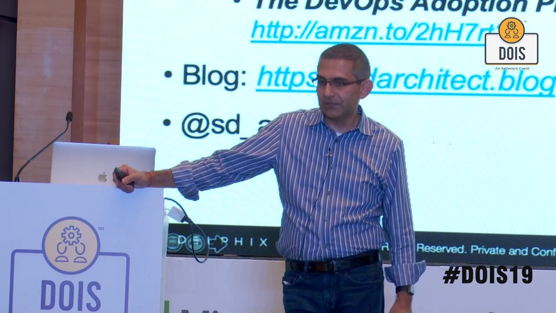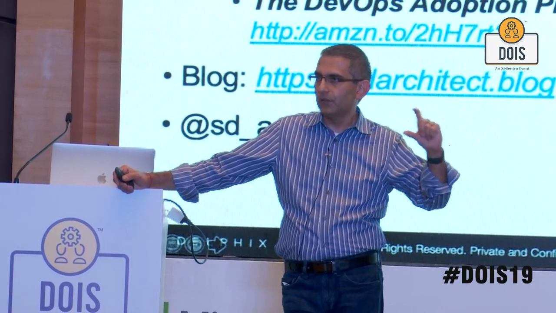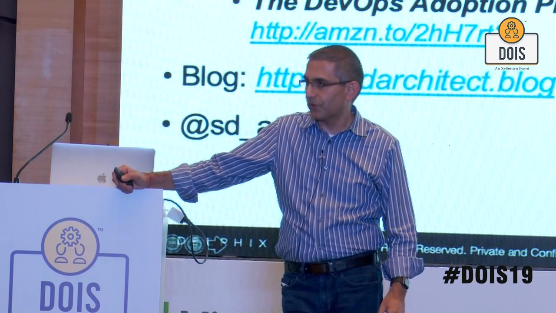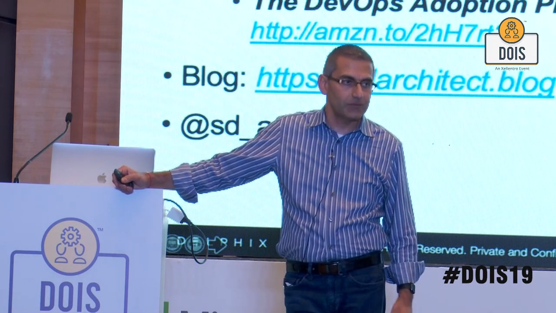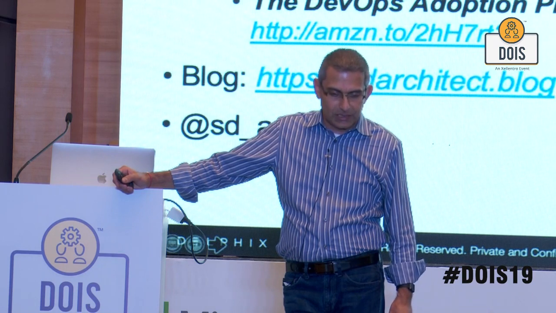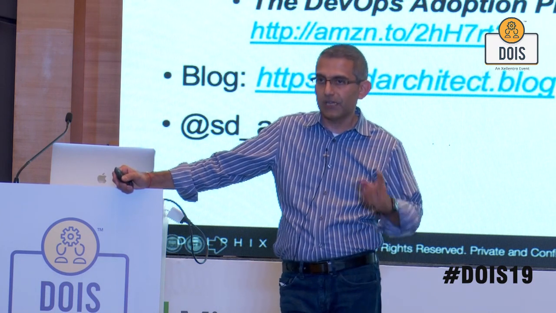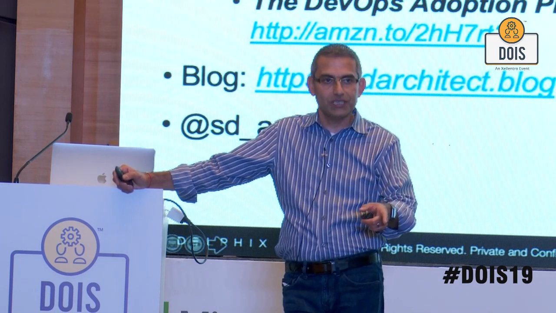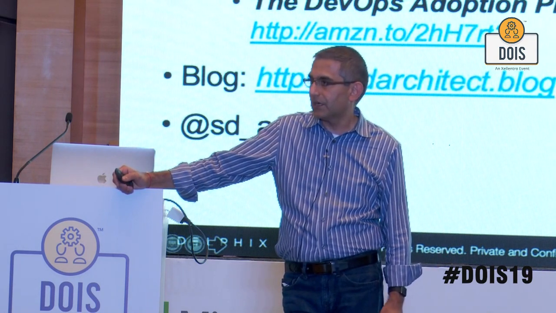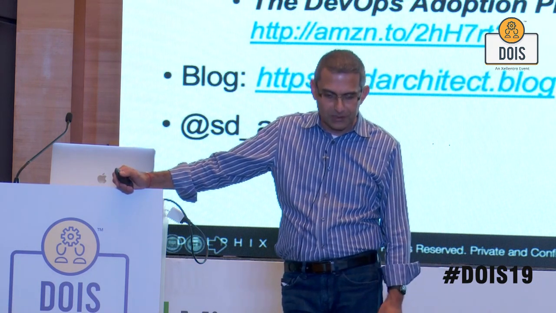I've written 2 books. The first one I wrote is called DevOps for Dummies. There's a new DevOps for Dummies in the market today, actually, a full-size one. Mine was only a short 80-page one. Emily Freeman from Microsoft wrote that. I haven't, unfortunately, read it yet, but I'm sure it's good. She's a very respected DevOps relations person. And the new book is DevOps Adoption Playbook, which we'll be giving away 2 copies of at the end. So pay close attention. If you answer the questions right, you may win a copy. And I've been blogging about DevOps and application delivery for around a decade now, so you can go to my blog and check it out.